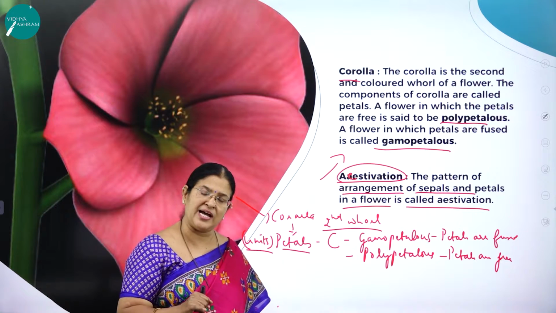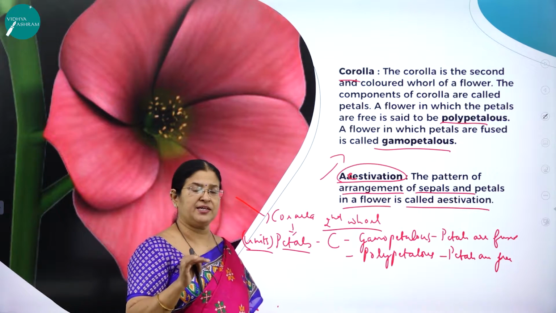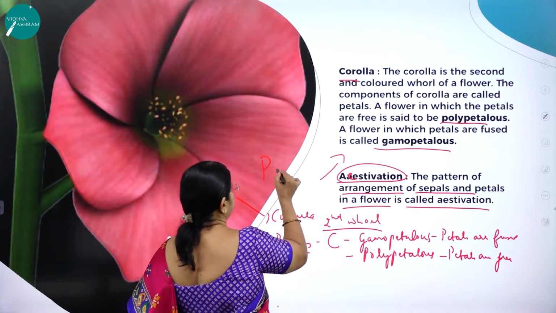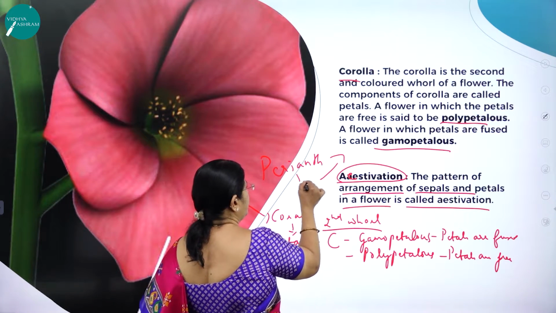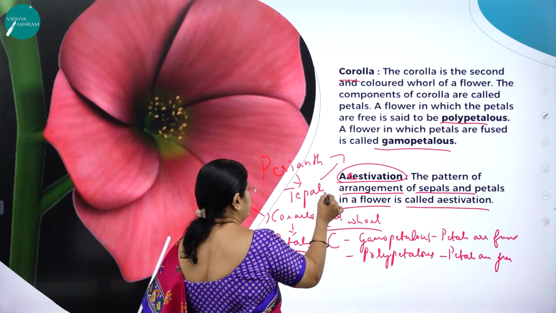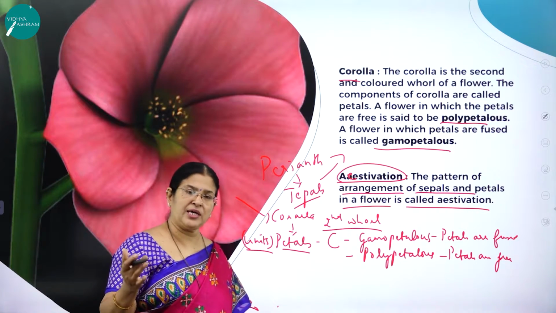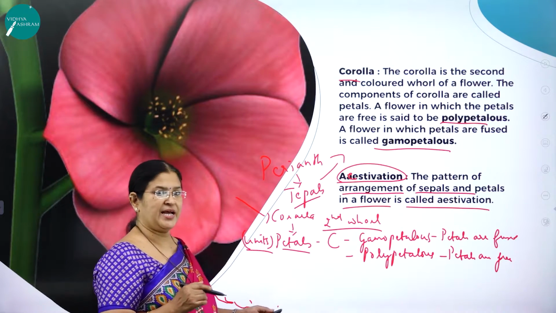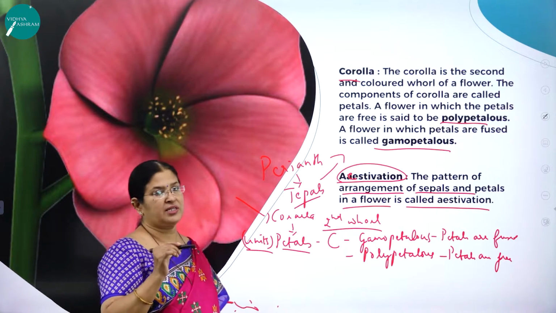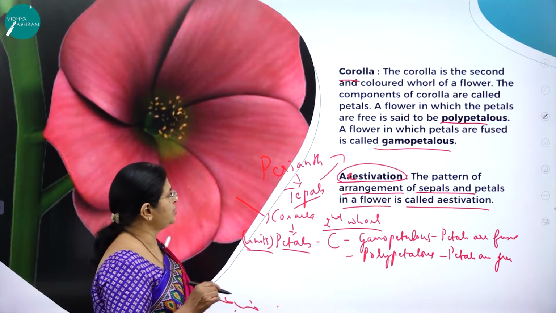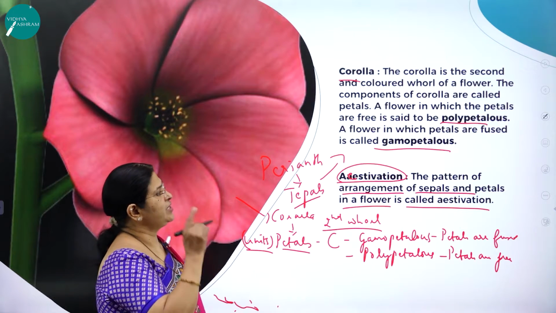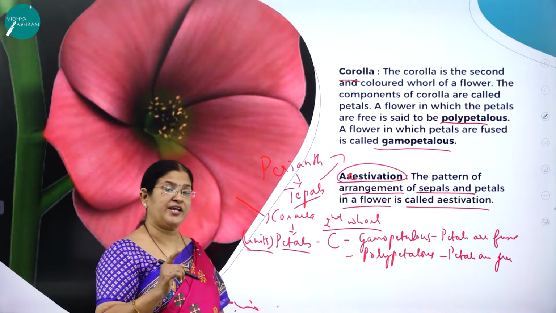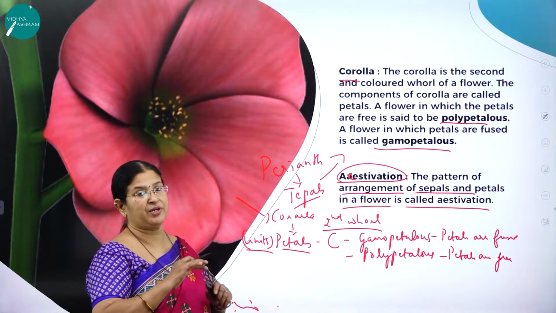So you have understood what is calyx and what is corolla. Sometimes, when you are not able to differentiate the calyx from corolla, we use the word perianth, and the units of perianth are called tepals. This also you should understand. When calyx and corolla are not distinguishable, then you use a word called perianth. That means you are not able to distinguish the calyx from corolla. It is called perianth, and the units of perianth are called tepals. Hope you have understood what is corolla, what is calyx, and what is estivation. It is a pattern of arrangement of sepals and petals with respect to each other in a flower.